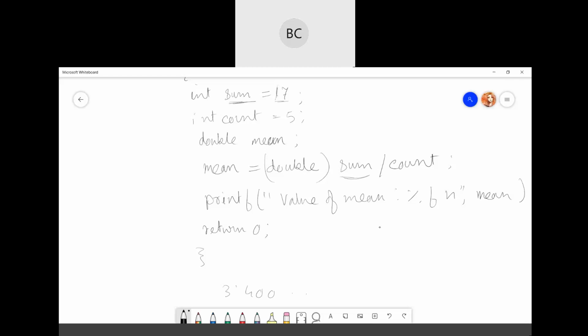So the data type for sum has been converted into double first, and then it gets divided by the count, and this provides you a double value. Okay, so type conversion can also be implicit, as I already mentioned. Implicit conversion is mainly performed by the compiler automatically. Okay, and if you want to do it explicitly, then you just need to write the cast operator.